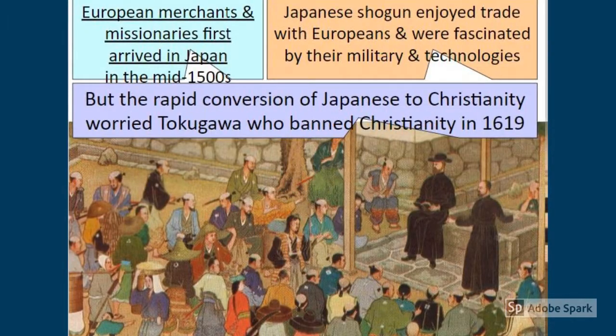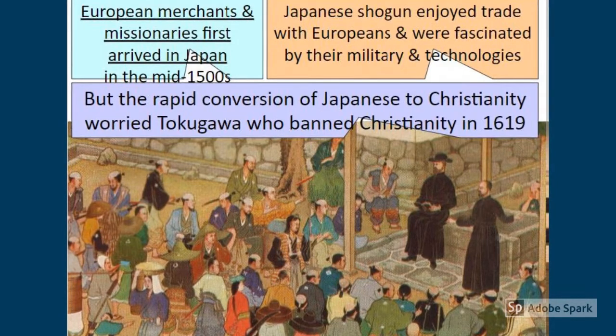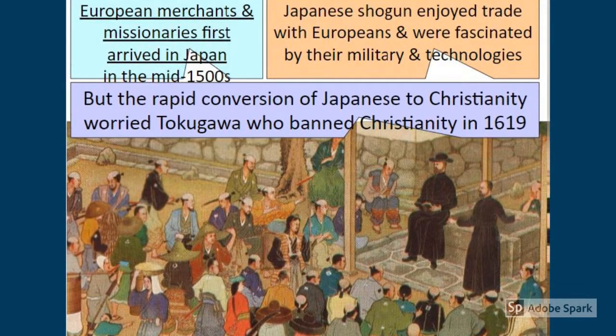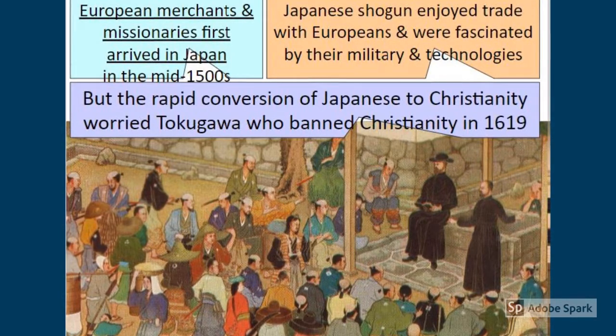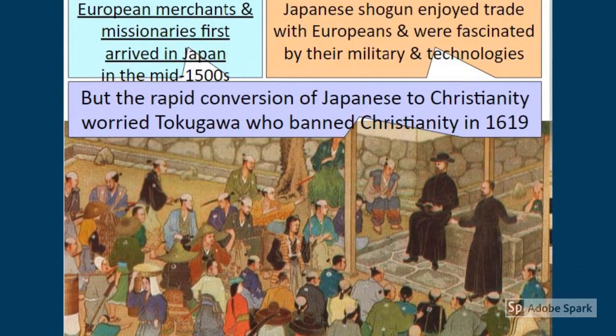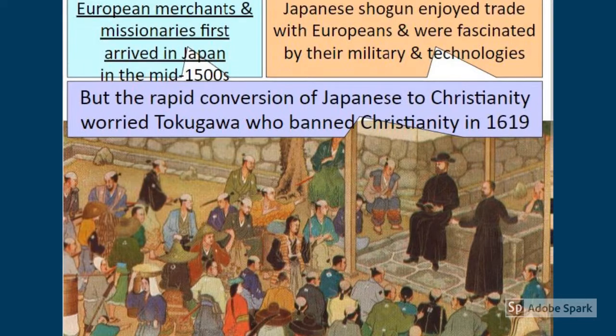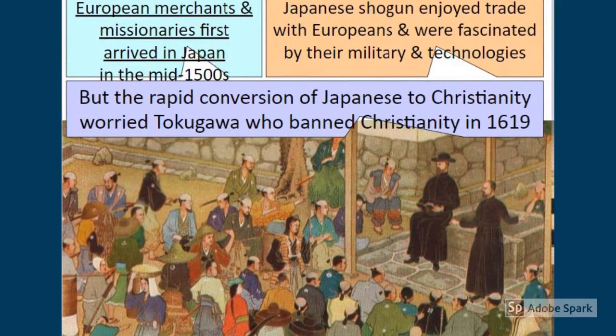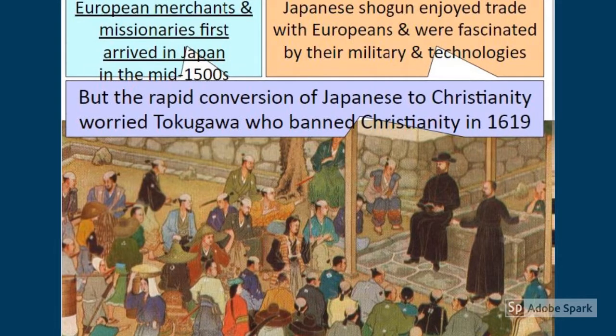Okay, so now you know the background of what politics looked like in Japan before the 1800s. They basically had very little change to their structure for close to 600 years. Now let's talk about Europe. The first Europeans to really travel to Japan will come in the mid-1500s. In the beginning, the Japanese were interested in trading with Europe because they were fascinated by their military structures and new technologies they brought with them. And the Japanese had never seen these types of technologies before.